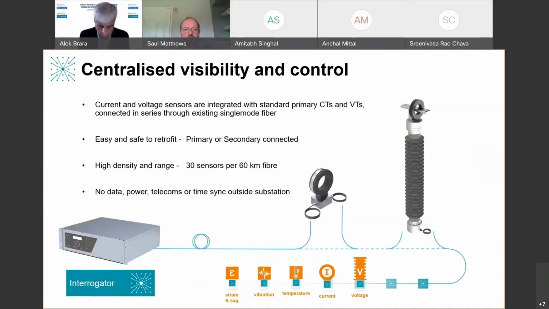So I'm not going to go super in depth on this, but you will see here some familiar looking equipment, a very standard looking CT, a current transducer, and a very standard looking combined voltage transformer and CT built into one column. What you're looking at here is a technology which says we can install an interrogator in a central location, such as a substation, where we've got access to a network and a power supply. And centrally from that box, we can reach out along the optical fiber, which is available in the network, to multiplex in series lots of sensors.